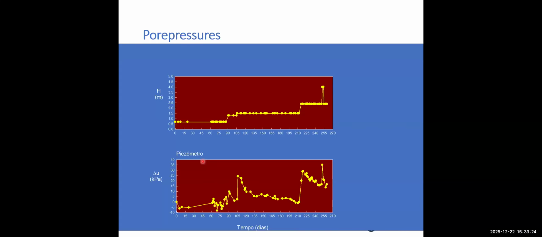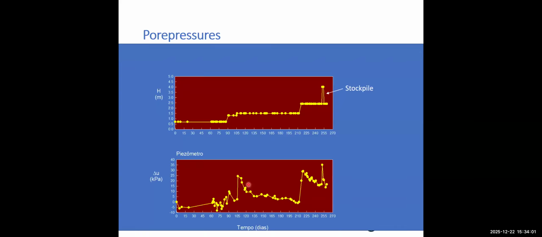Here, for pore pressure measurements, I was directly involved in these measurements. So we saw the wick drains here. We see very little change in pore pressure. Here we put the surcharge, and when we put the surcharge, the pore pressure goes up quickly, and we see soon after, almost 30 days after the surcharge, the pore pressure decreased a lot, okay? So showing the wick drains were very efficient.